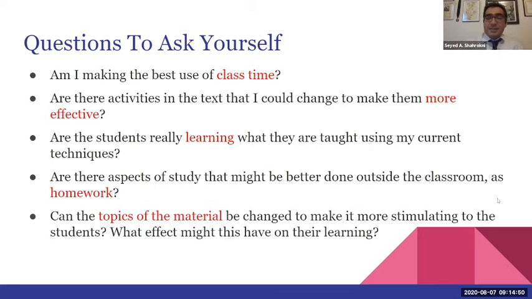And can the topics of the material be changed to make it more stimulating to the students, more engaging to the students? What effect might this have on their learning? There are so many questions and so many topics that one can focus on to write about. So if you have your questions and topics in mind, that's totally good and good for you. If not, then there are so many questions and topics around you that can invest you in a project and